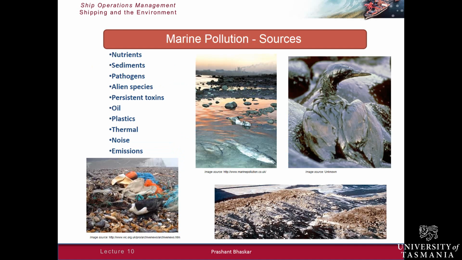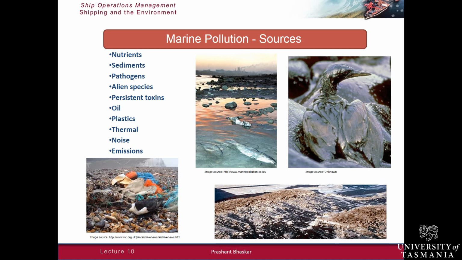Now, as I mentioned earlier, shipping is a small contributor to marine pollution. Most of the marine pollution arises from shore-based sources, and here there is a list on the left hand side. These dot points list the major types of marine pollutants. Some of these types are applicable to shipping as well, but when we are talking about marine pollution, let's quickly have a look at what the sources of this pollution are. So the first bullet point talks about nutrients, and these nutrients result from sewage, forestry, and farming activities.